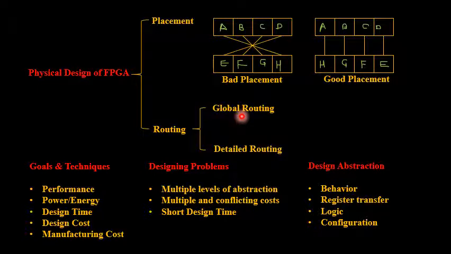Global routing is going to select the general path through the chip but does not determine the exact wire segments to be used. That is, it is not going to decide whether you are going to take the proper shape or geometry according to your lambda based design rules, so it is not going to bother much about that. Detailed routing selects the exact set of wires to be used for each and every individual connection.